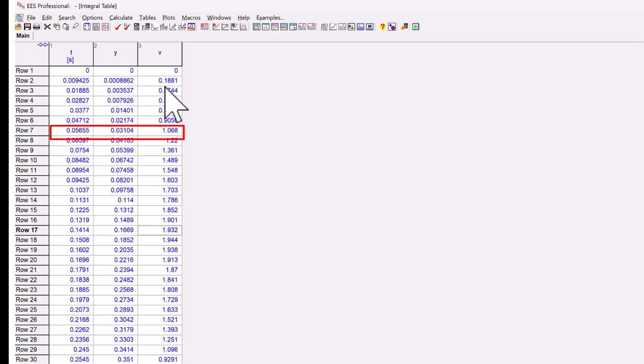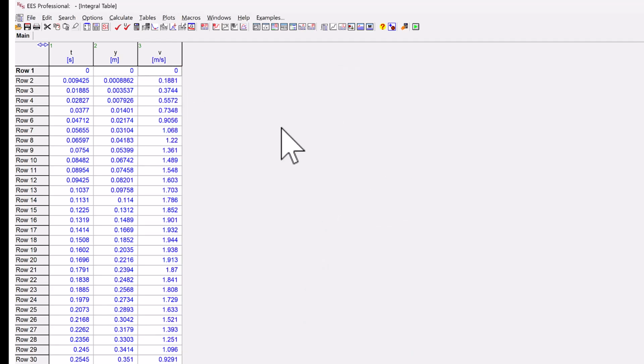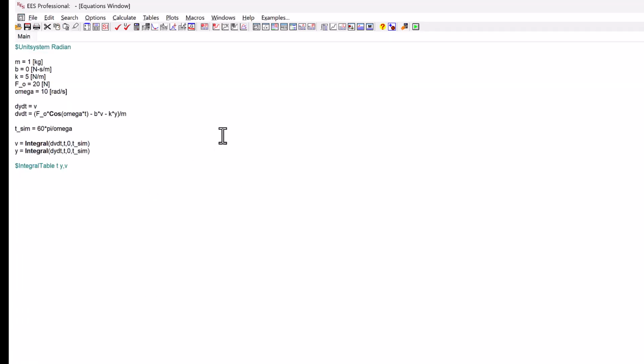And the way this is set up now, it's using the default integration parameters with some default accuracy, and it is showing in this table every single step that it took to try to get that accuracy. And there's ways to change all of that, but that's not what this is about. So here's my solution, and what I'd like to do next then is actually plot this solution automatically every single